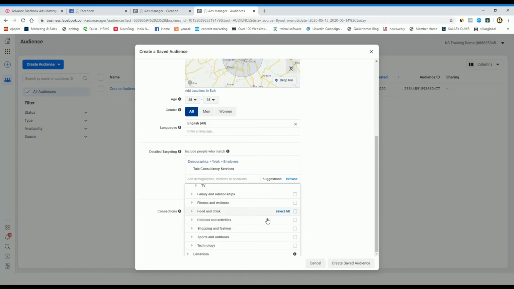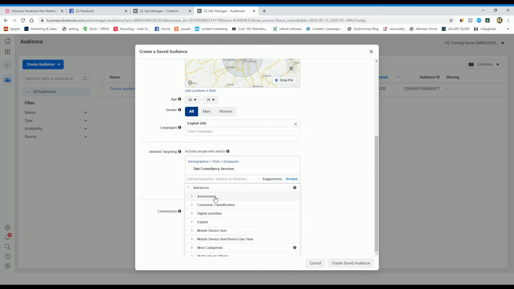You just have to identify your product, and then compare your product with your customer's buying behavior and their interest, where you can find that kind of customer. Then behavior.